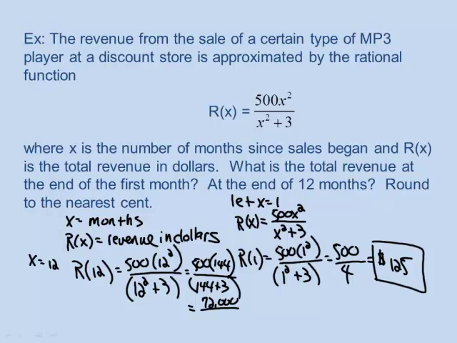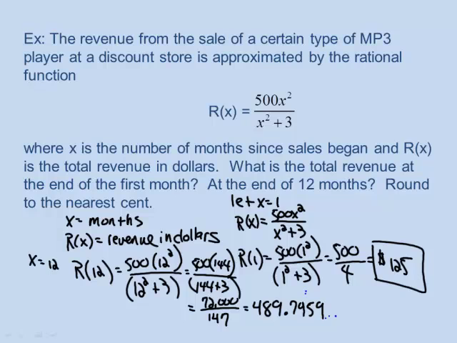Divided by 144 plus 3 is 147. And if you put that in your calculator, you get 489.7959